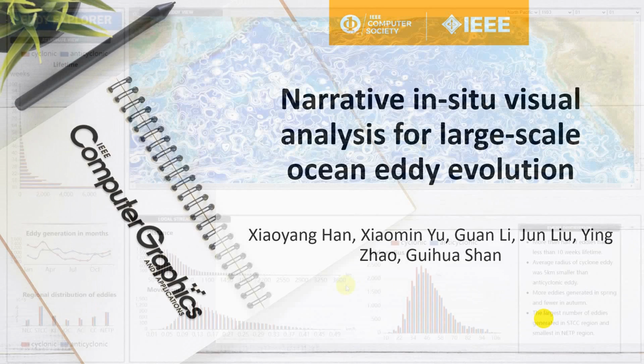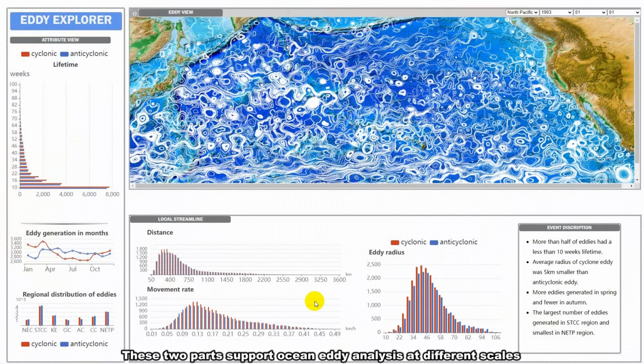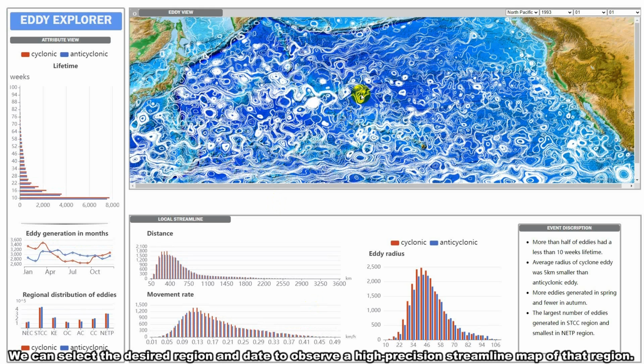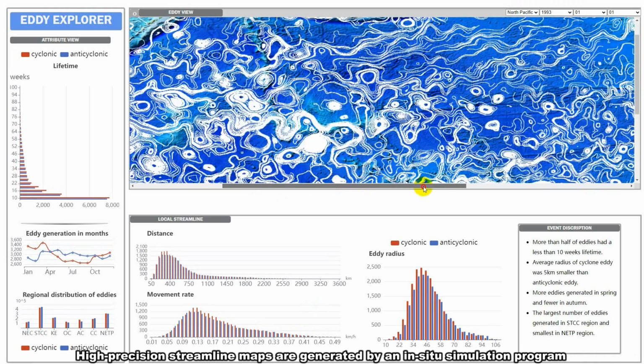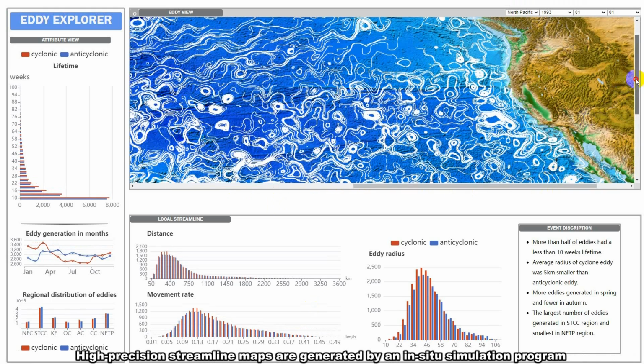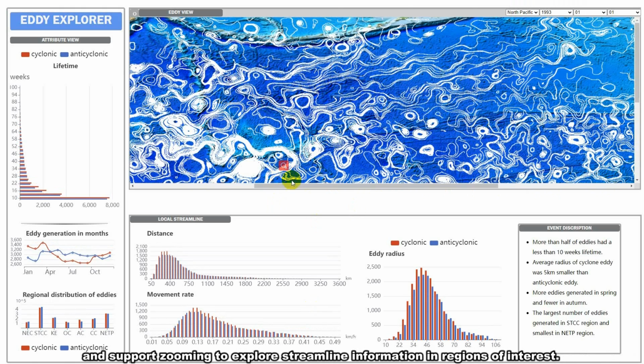of regional eddies. Our visualization system adopts a top-down design and has two main parts: local eddy evolution tracking and regional ocean eddy distribution visualization. These two parts support ocean eddy analysis at different scales and can be switched between each other. We can select the desired region and date to observe a high-precision streamline map of that region. High-precision streamline maps are generated by an in situ simulation program and support zooming to explore streamline information in regions